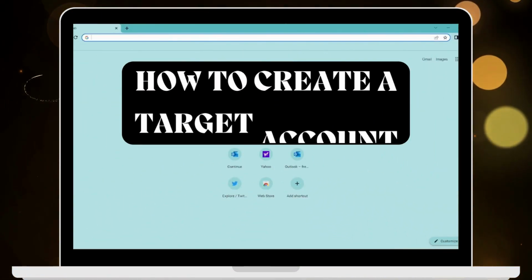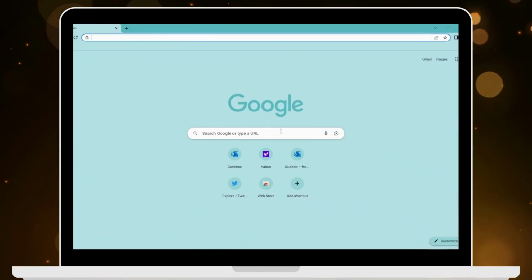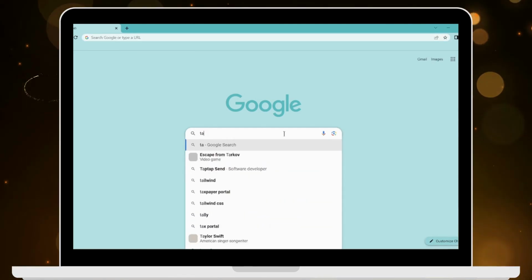How to create a target account. So if you want to create a target account, then first of all you have to open up a browser, any browser that you are comfortable with. I'm here with Google Chrome browser, and now in the search bar you have to search for target,